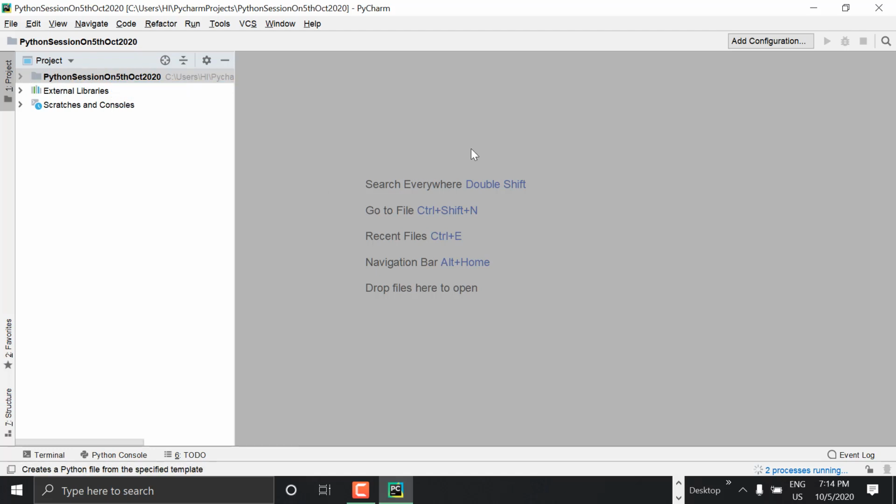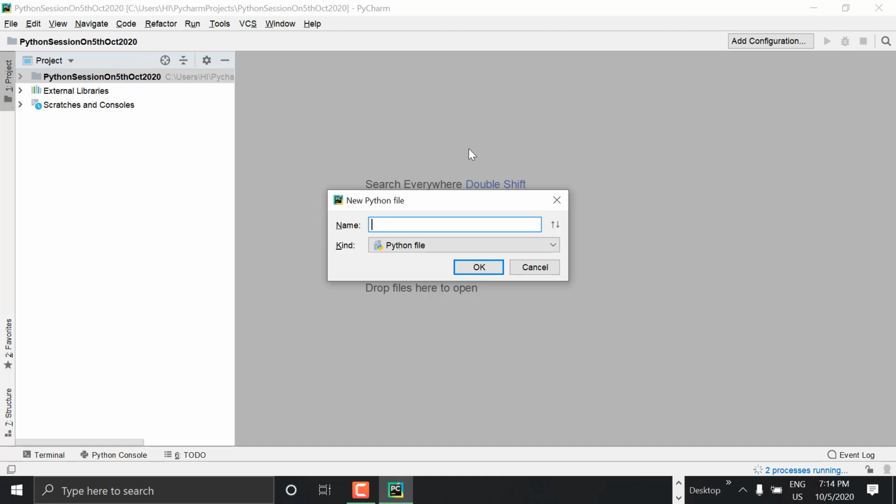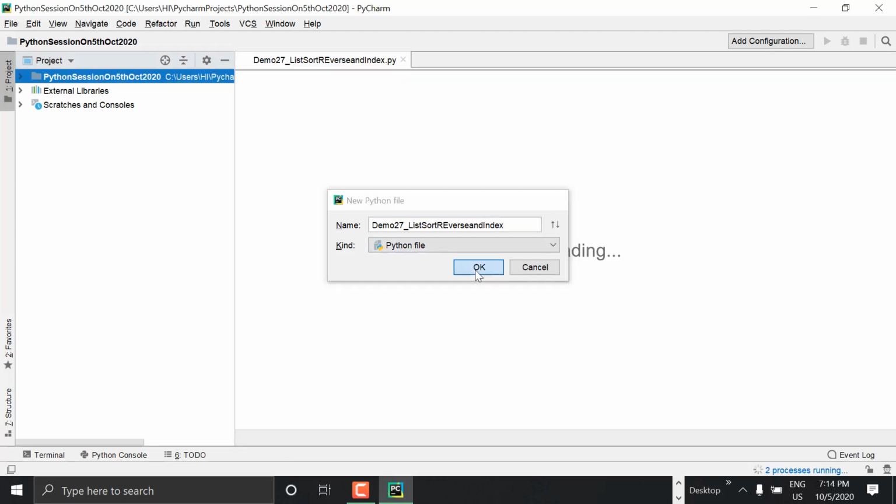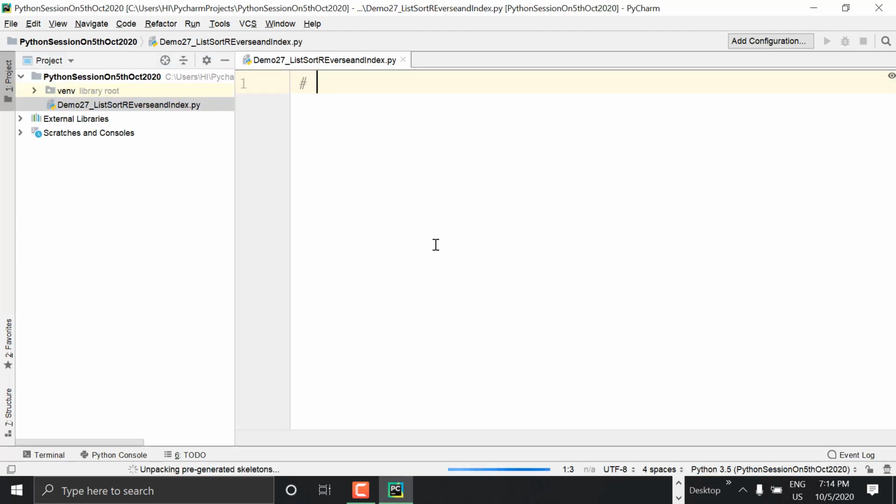Demo 27, list sort, and index. All these three we are going to see in one. Working with sort, reverse, and index methods of list. Okay, so how to do that?